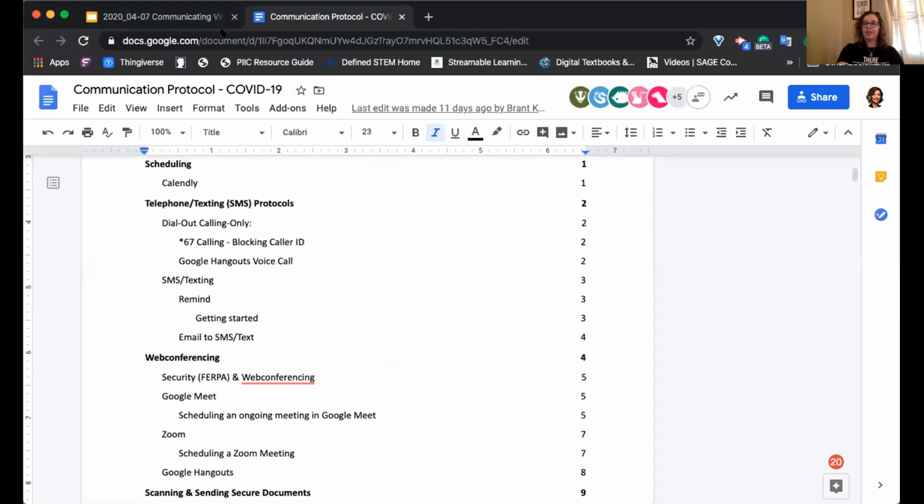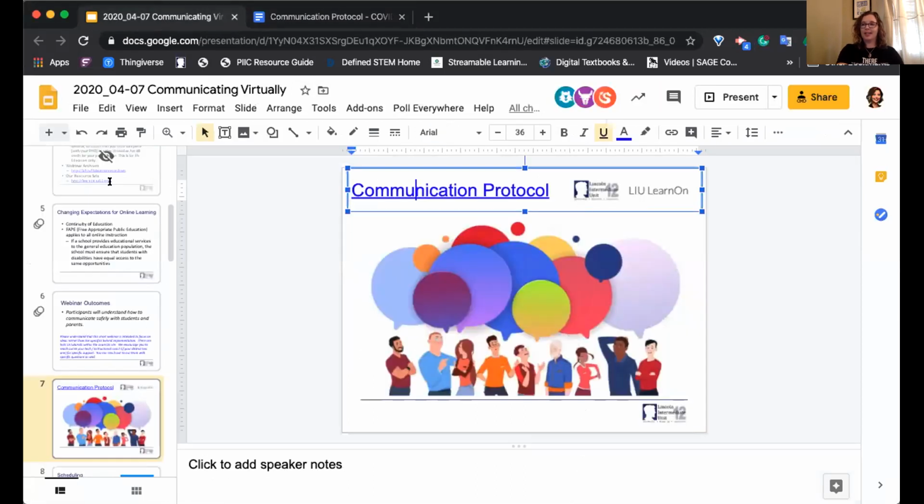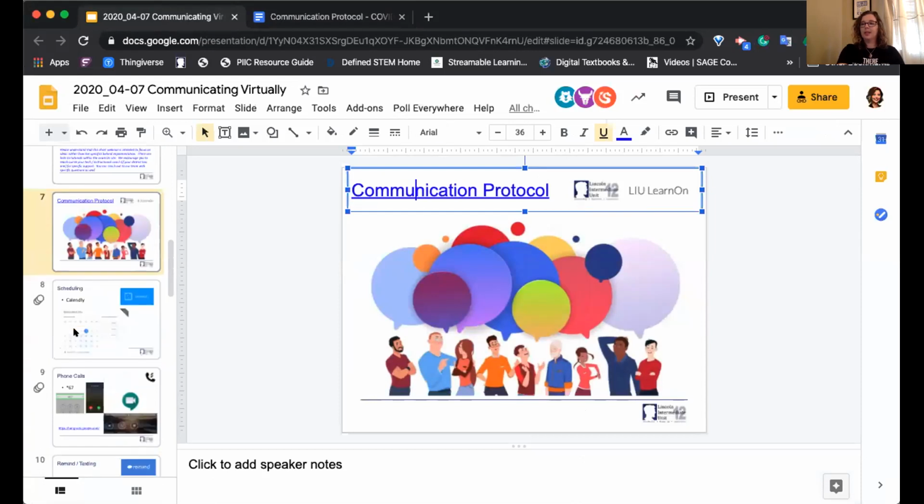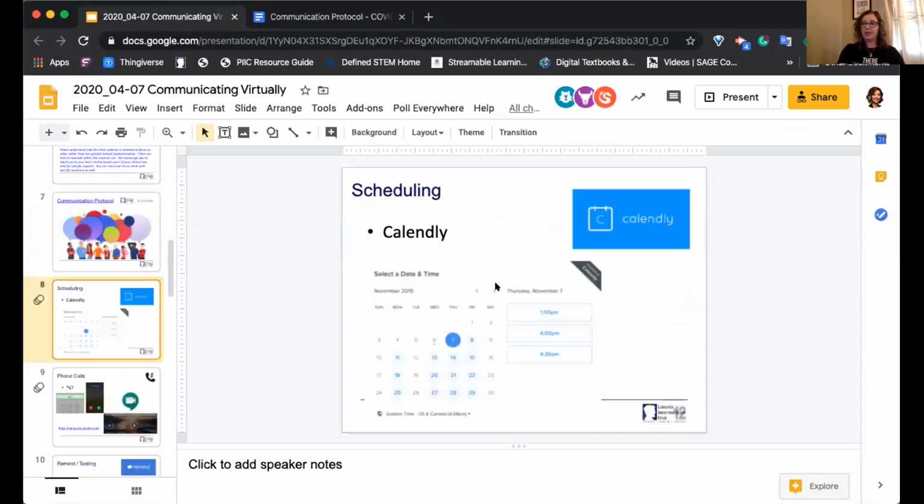So we have a lot of information in here. I want to zip us through here today and get us moving. So our communication protocol deals with a couple of things. The first resource I want to share with you is something called Calendly. Calendly will allow you to set up time slots for individuals to schedule